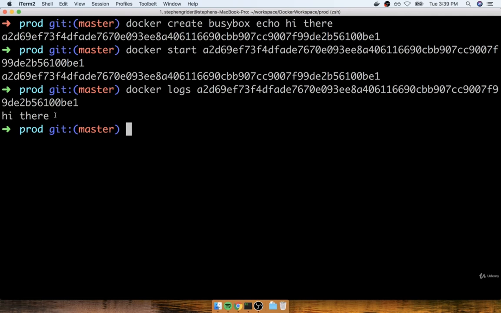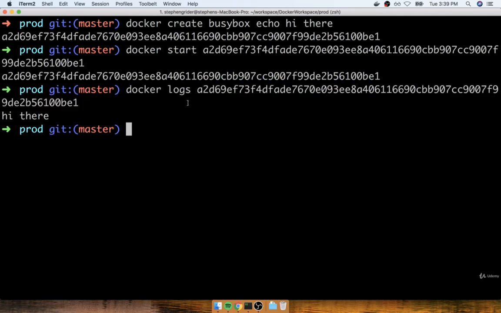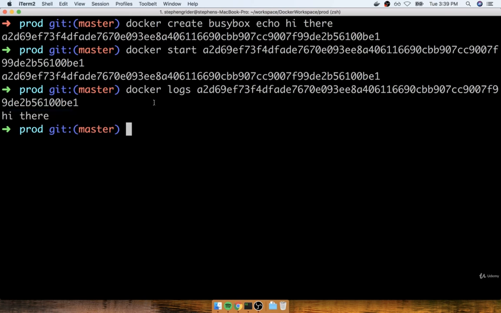One thing to be really clear about is that by running docker logs, I'm not rerunning or restarting the container in any way, shape, or form. I'm just getting a record of all the logs that have been emitted from that container. The docker logs command is something that we're going to be using quite a bit as we are trying to debug or set up new containers, because as you can see, it's a really good way to kind of inspect a container and see what's going on inside of it.